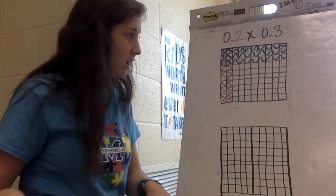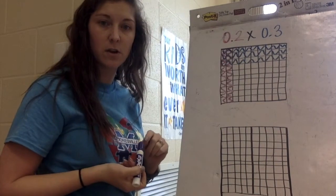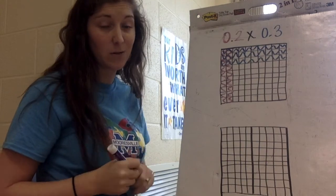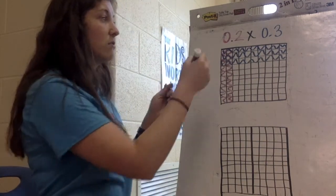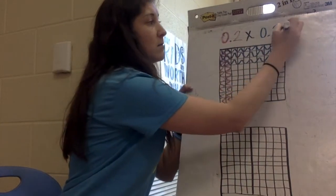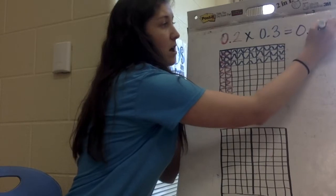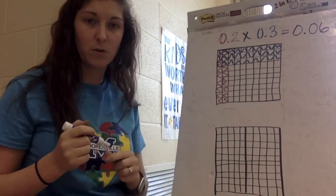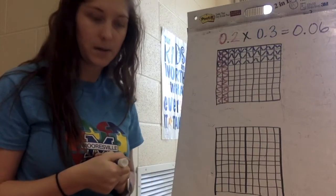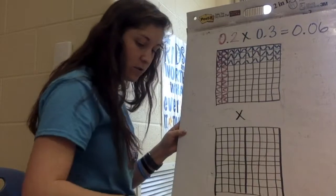So when I do that, 1, 2, 3, 4, 5, 6. 6 pieces are covered in both red and blue, but remember the value isn't just 6. It is 6 hundredths. So the answer to 2/10 times 3/10 is equal to 6 hundredths, which is how we would write that value there, 0.06. Okay? If I look at another one down here, let's do